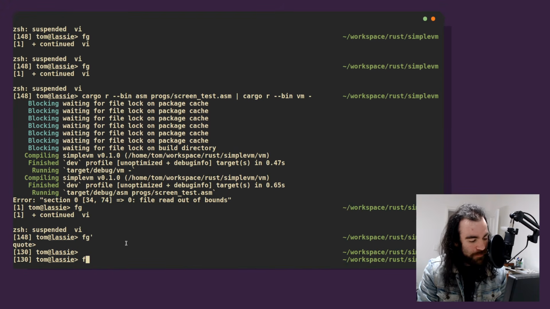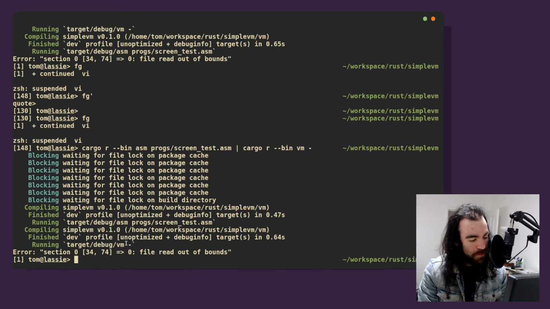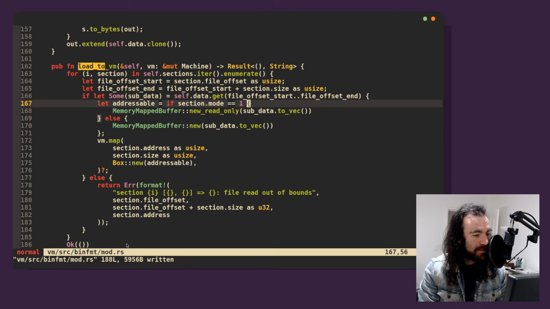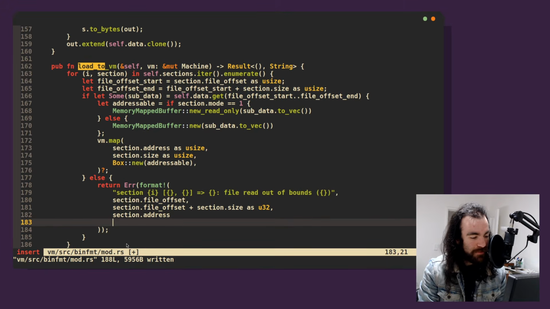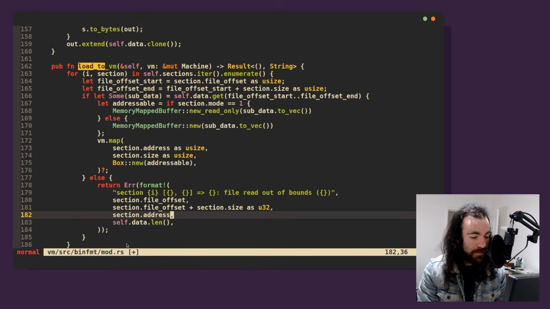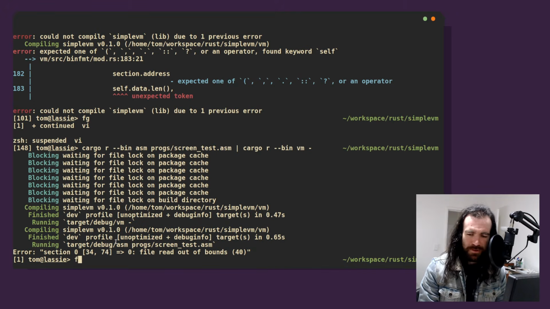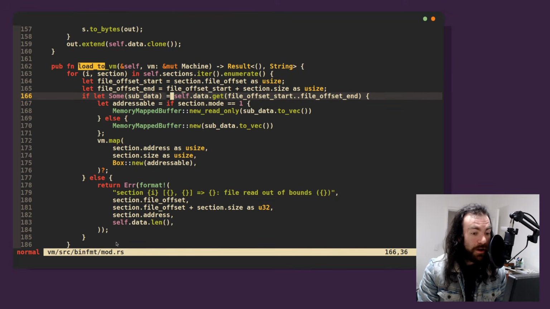Now, is it possible that this is an off by 1 problem? Can I just subtract 1 here? How does that go? No. Okay. That's interesting. Let's also print out the length of the data. So let's say self.data.len, because this is the thing we're slicing, right? Unexpected token, because I need a comma. 40. So this has a length of 40, 30, 40. So why doesn't this... Oh,